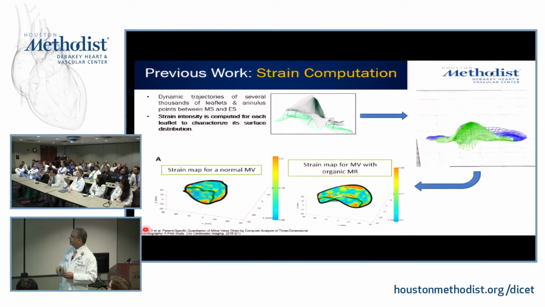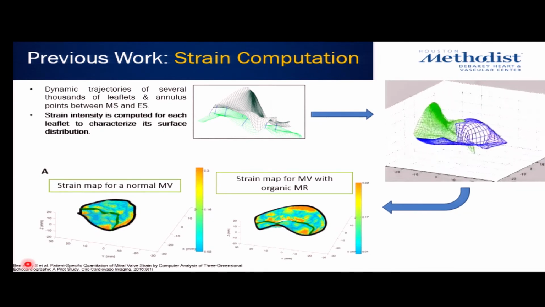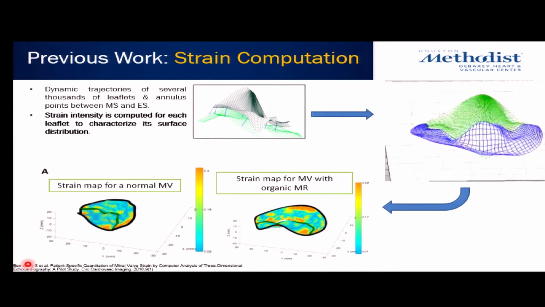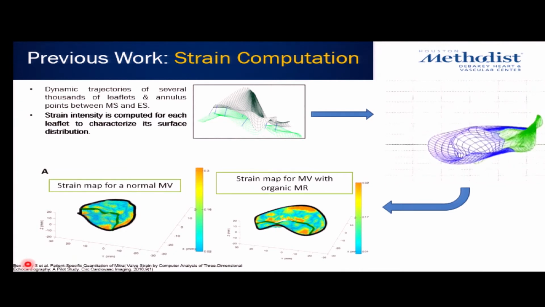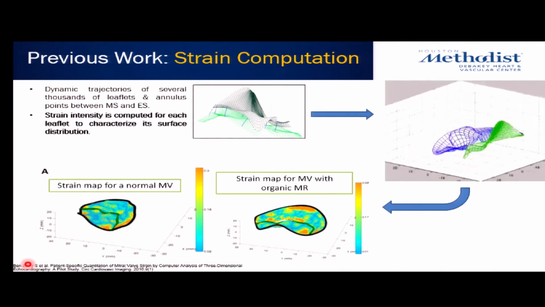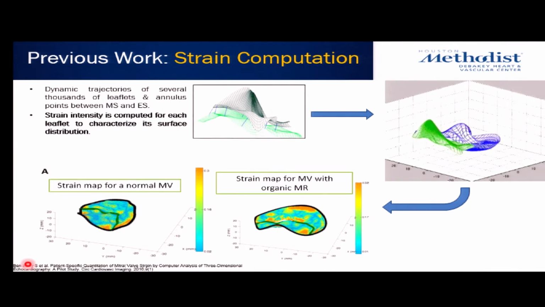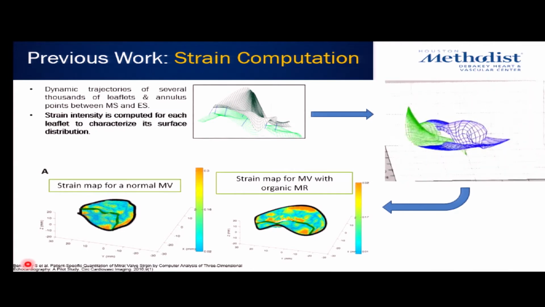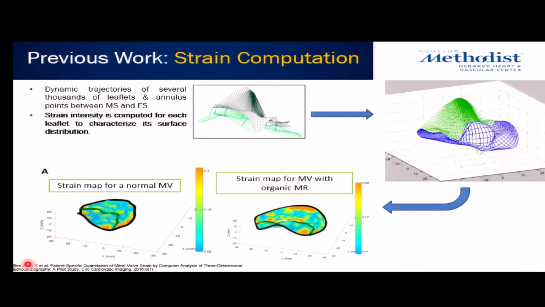So this is an example here of a mitral valve prolapse that you could see. You could see where the hole is for mitral valve prolapse. You could see bulging. And these are the more difficult ones to model, Dr. Azencott, because it's quite deformed as opposed to a nice normal valve. So you could take a look at that. And then you could see the changes, what really happened to this mitral valve.